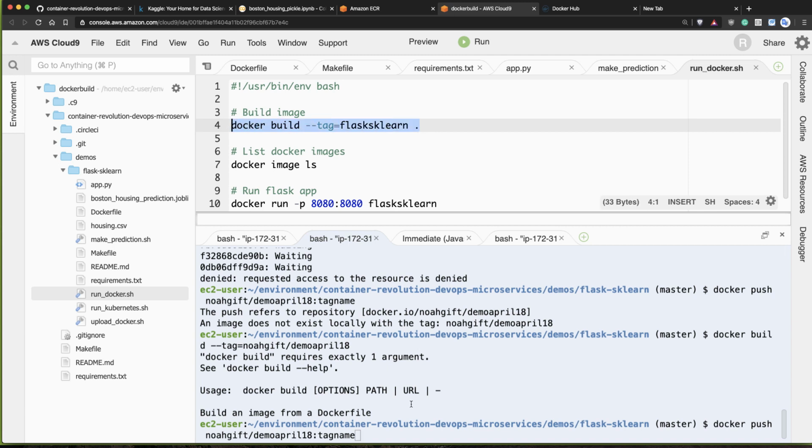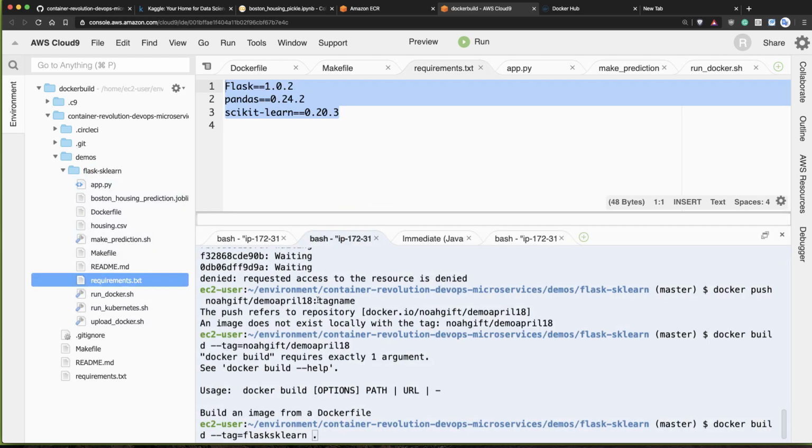So here we go. Okay, build this image, but we need to call it this name, which would be here. And we'll call it tag would be